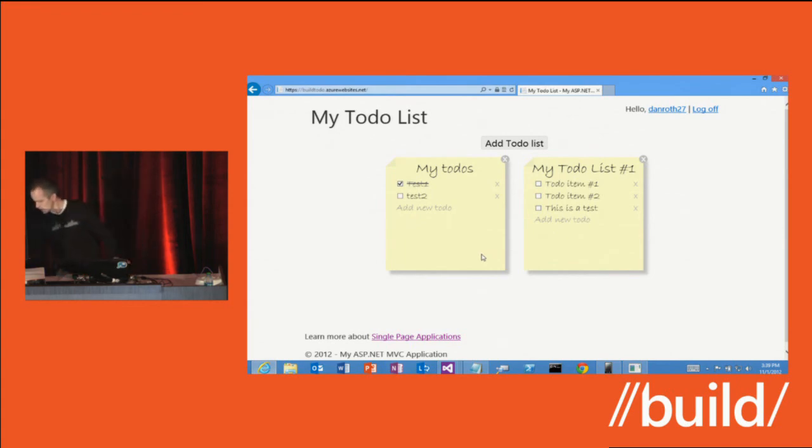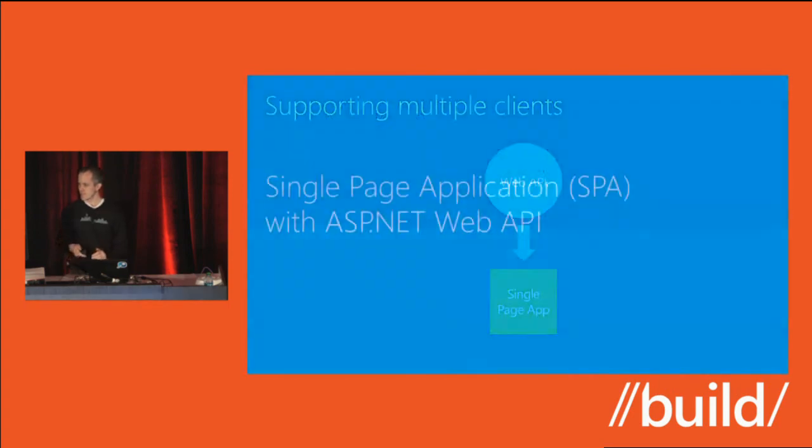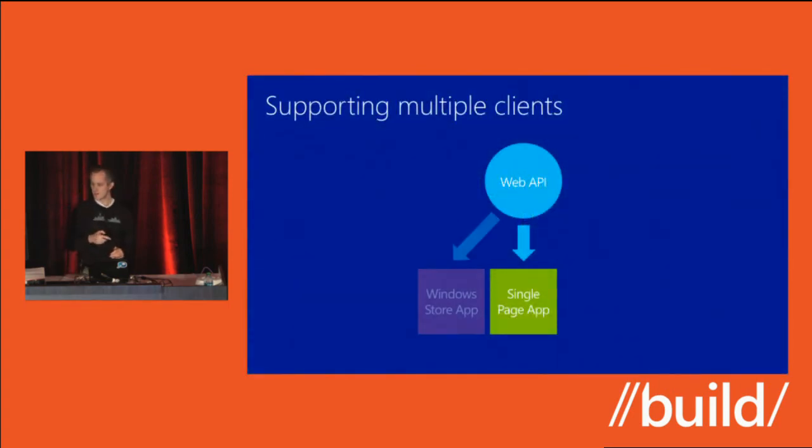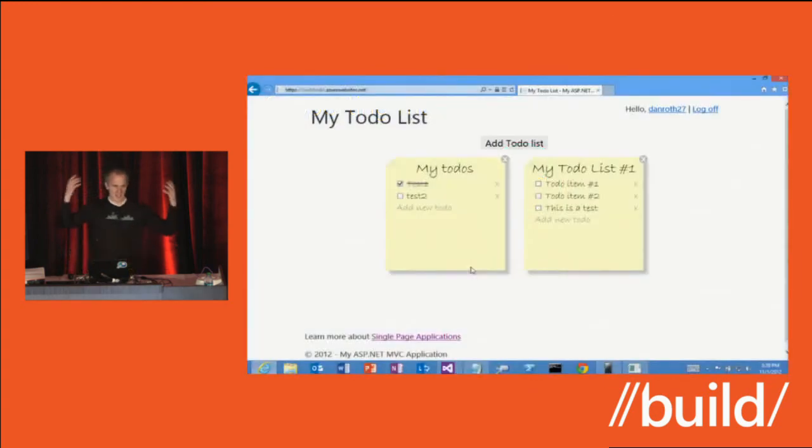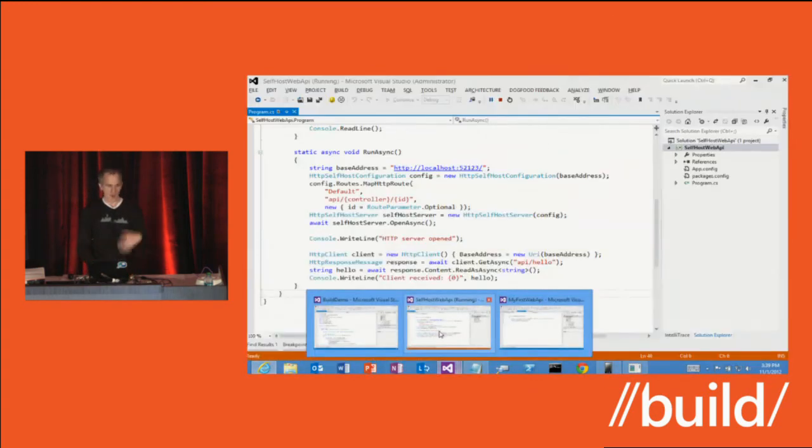What about the other clients? Like I want to support like a Windows Store application or maybe a Windows Phone application. Can I do those too? The answer is yes. Let's see an example. And again, this is just HTTP, so as long as I can do HTTP, then I'm able to create a client app that targets that same back-end business logic. If I go back to my project,